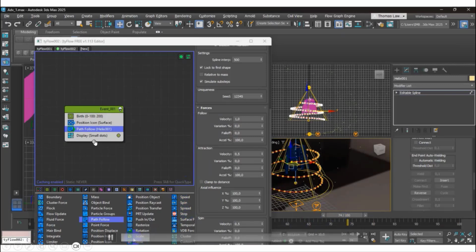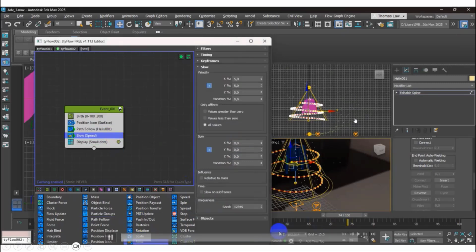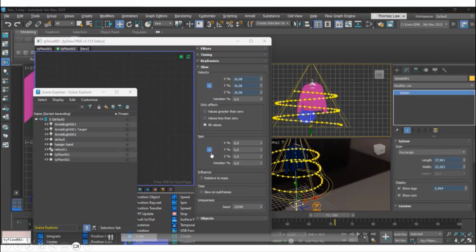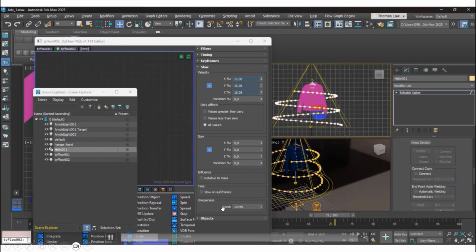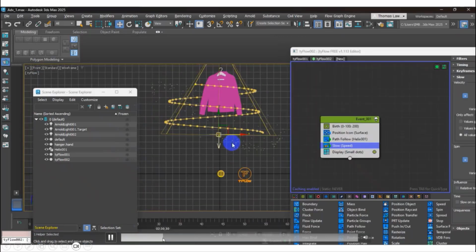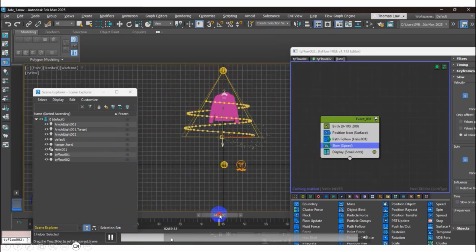So you can go after the path. There is slow because it's too fast. Sometimes the speed is too fast and you cannot see it. So that's why you need to drag the slow node. You can adjust the velocity until you can see the particle moving around the path. That's why you need to play around with the number or the value inside. Okay, so this is important.